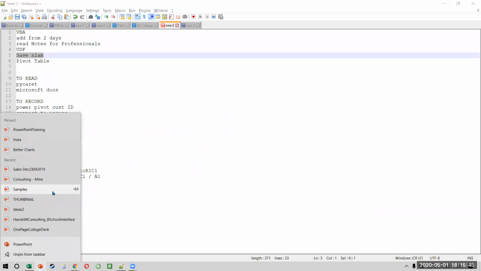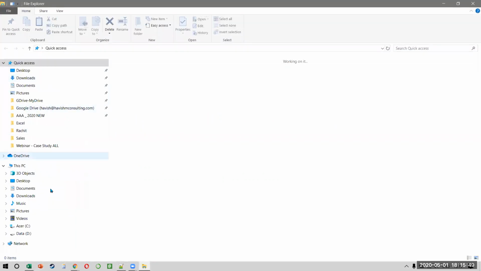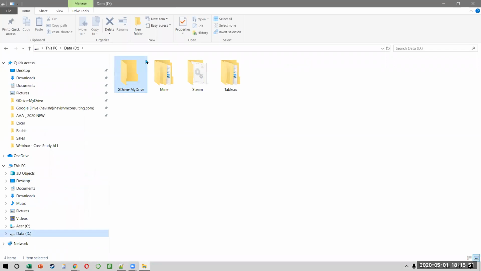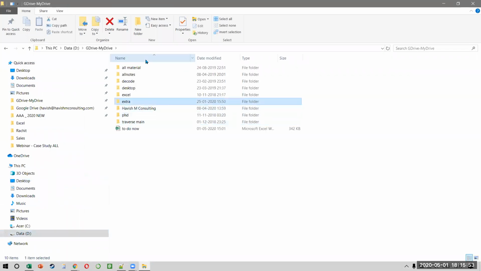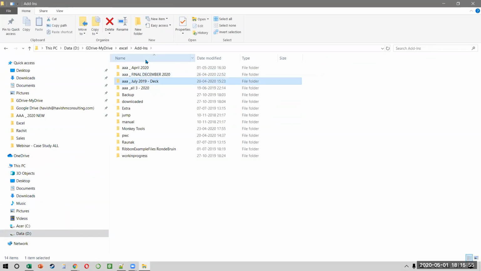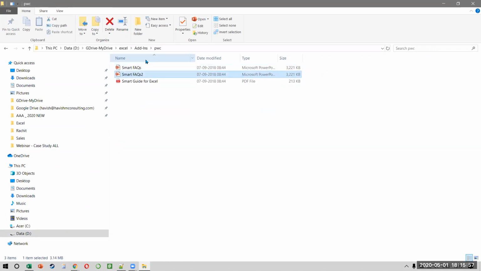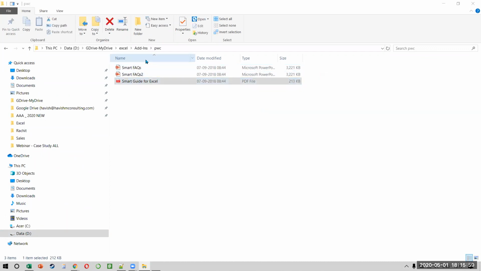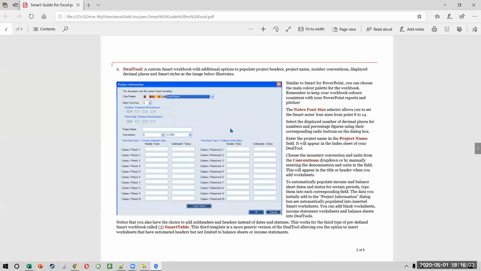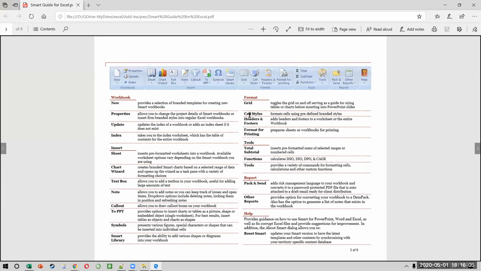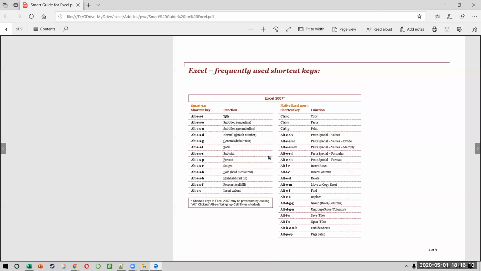All this you will not find on the internet. Let me just show it. This is how they've created their Excel add-ins. So if you notice, these are all the different commands that they've created. These are specific commands that Excel doesn't offer, but they've created these functionalities.